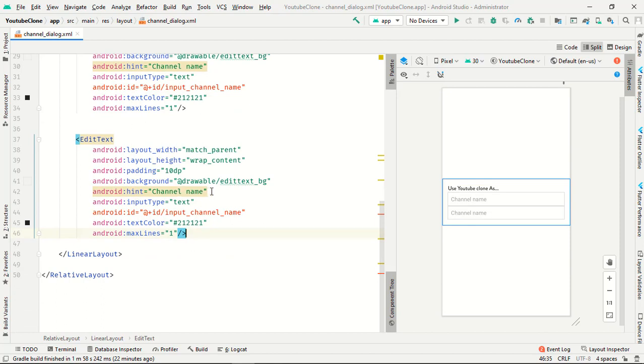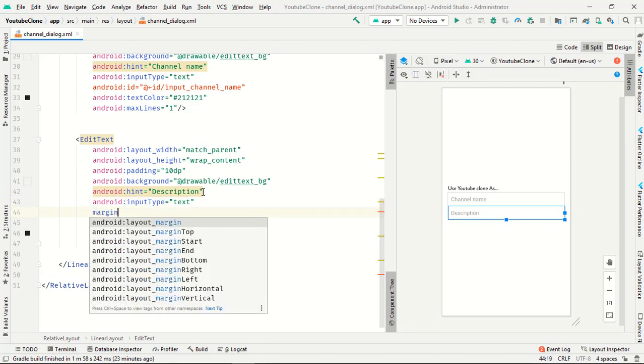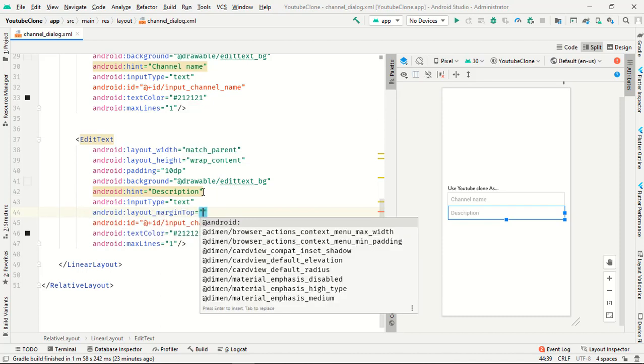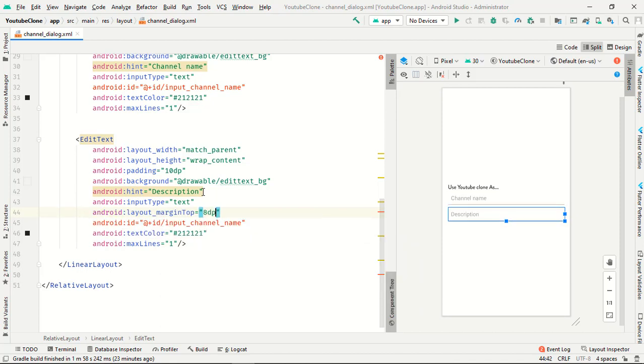Just change this line to description and text input text. A margin from top is 8 dp and the name of this edit text is input_description.